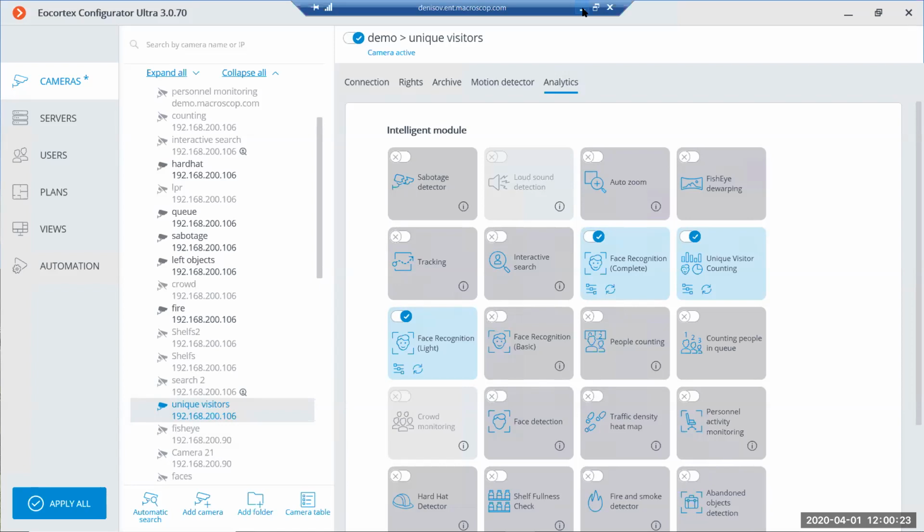So we just receive the video stream from the camera, recognize the face on the server and record the archive on the server. So the metadata in the archive has to be stored in one storage, on the server.